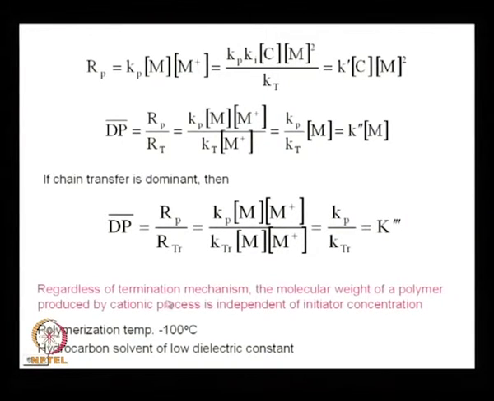So, regardless of termination mechanism, the molecular weight of a polymer produced by cationic process is independent of initiator concentration or catalyst concentration. Polymerization temperature minus 100 degree Celsius, hydrocarbon solvent of low dielectric constant should be used, because that controls the polarizability